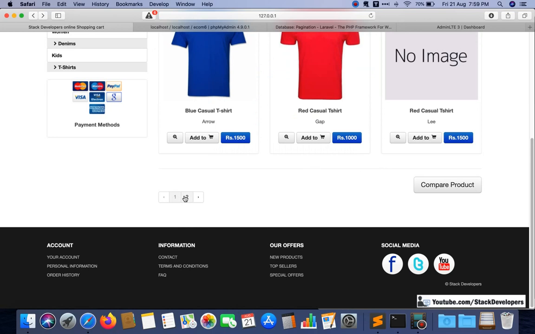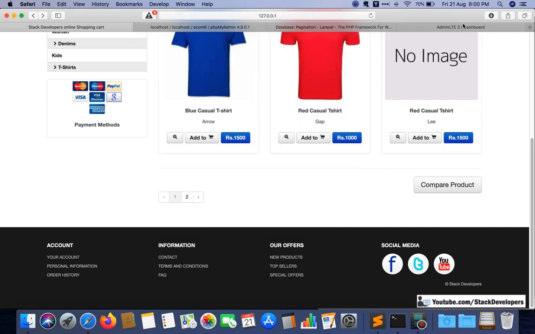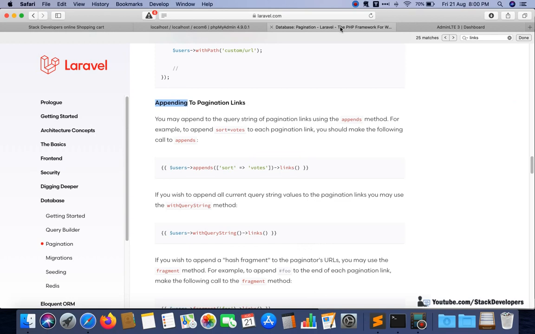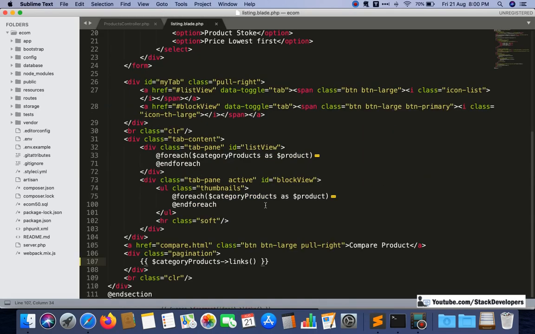If you click on 2, or on this one and this one, it will automatically take it. So for that, append is required, and this is very simple, don't confuse yourself. Just copy this one and you can apply it very easily. Here just paste it. The only thing you need to do: the category products come up here, and here you are using appends.